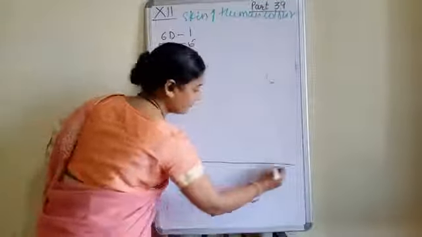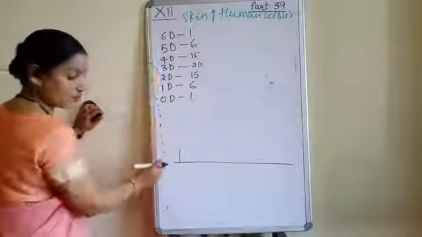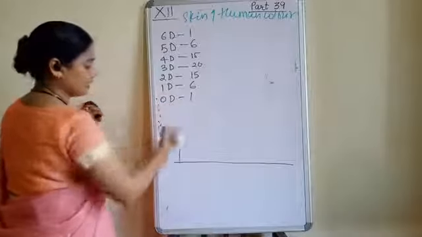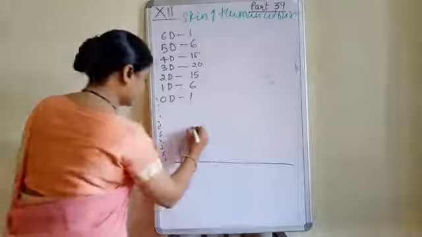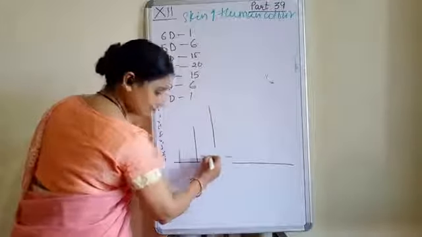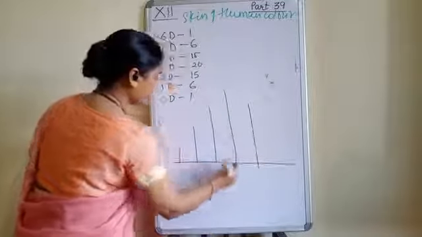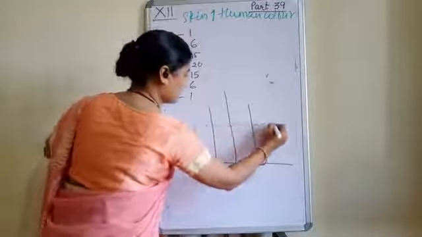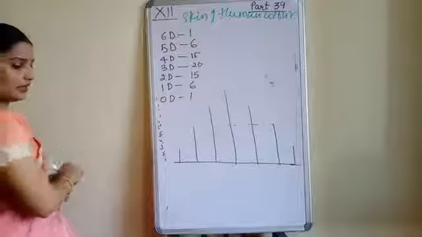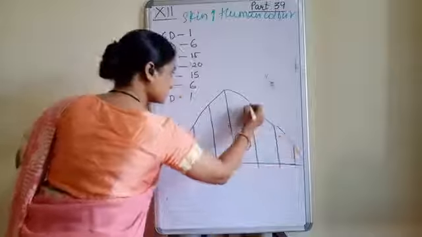If we draw the graph, we can have 1 dominant. Now here we can write down the numbers from 1 to 20. Okay. You know very well how to draw it, 5, 6, 7, 8, 9, 10, then 1 to 20. Suppose 6 comes somewhere here. Okay. 15 comes somewhere here. Then this is for 20. This is for again 15. And this is for 6. And this is for 1. Okay. Now the graph is something like this.